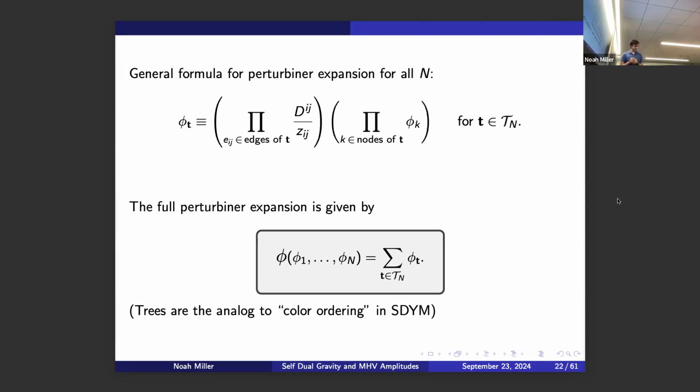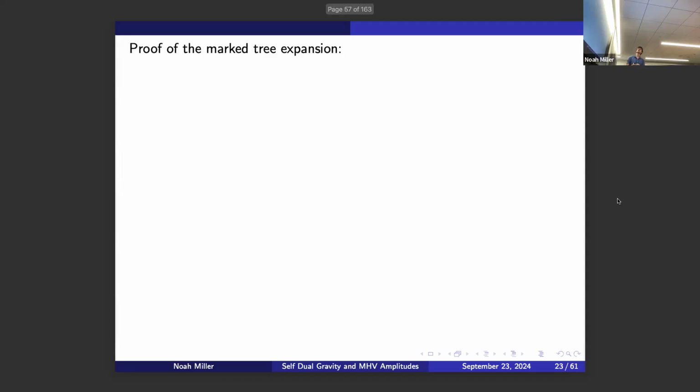And I'll just say that if you play out the similar story in self-dual Yang-Mills, if you want to solve for the perturbative expansion of self-dual Yang-Mills, you have a sum over color orderings. And I'm just saying that these trees are the analogs of color orderings in Yang-Mills. Okay, so